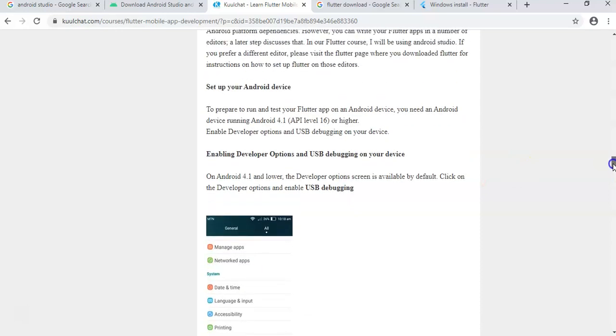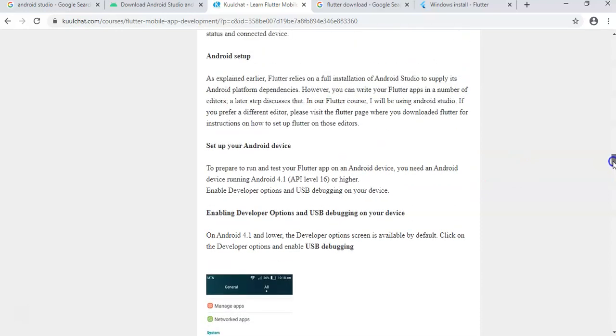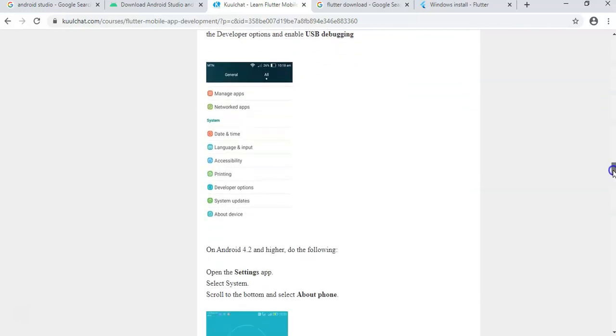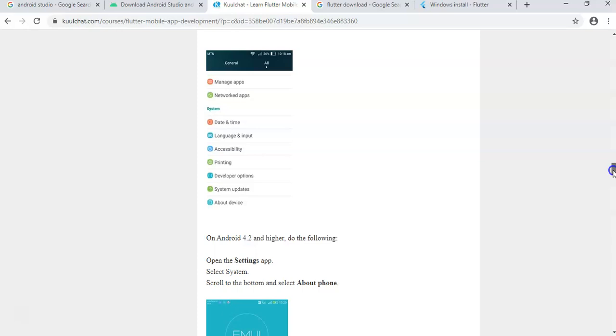If it is already there, you just click on developer options, then you tick debug, and enable USB debugging, then it will be enabled. But if you are using Android version 4.2